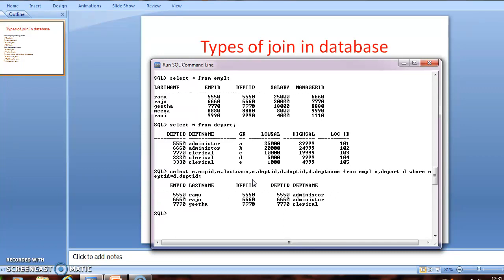The relation is recognized by department ID in both tables. It is also called a simple join or inner join.